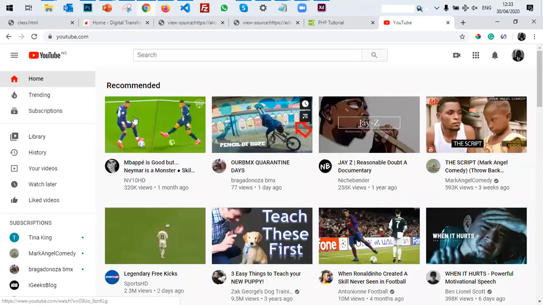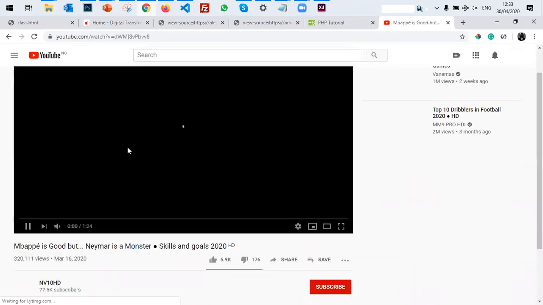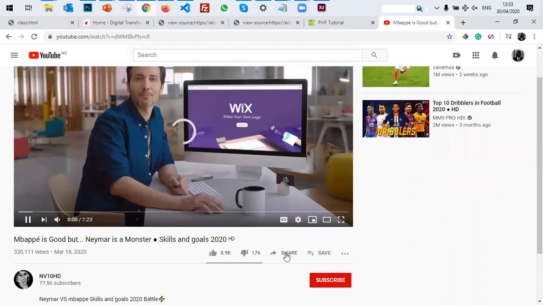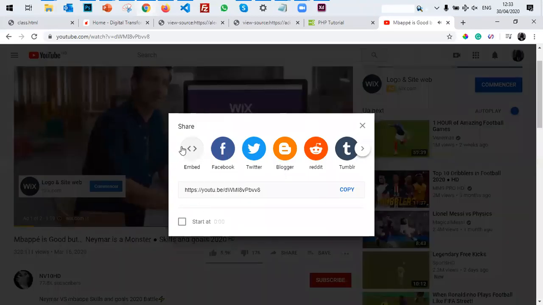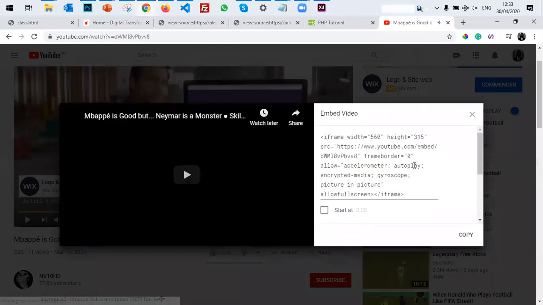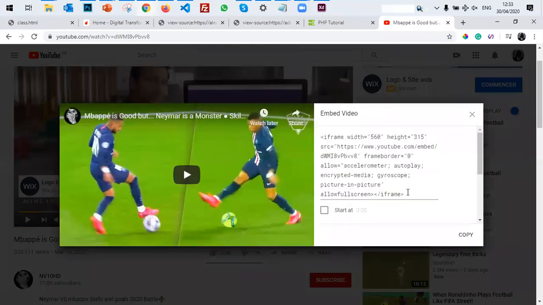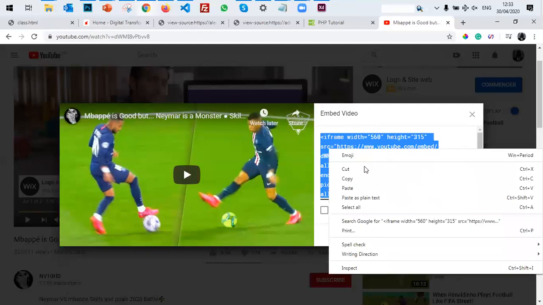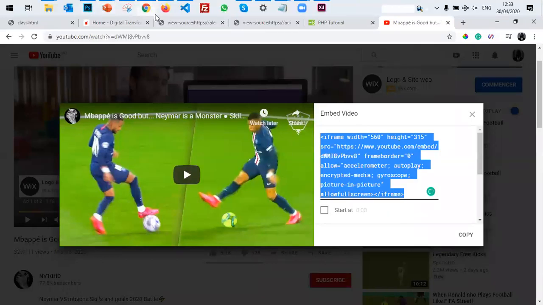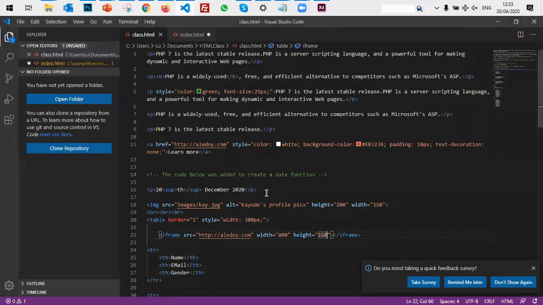So if I go here, let's say I want to bring in this Mbappe's video. On YouTube, there's a button called share. It will now ask you, where do you want to share it? Facebook... I want to embed. So that is what we just did. Embedding is that I want to embed this inside my web page. Do you understand? So if I copy this code now and I put it inside that part of the page,